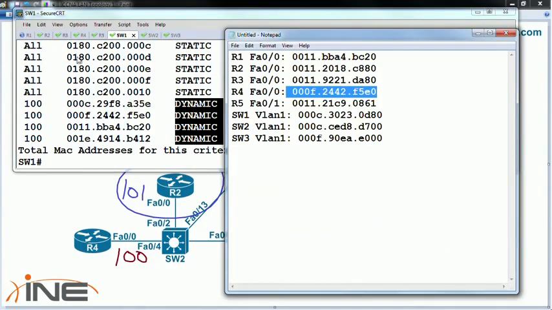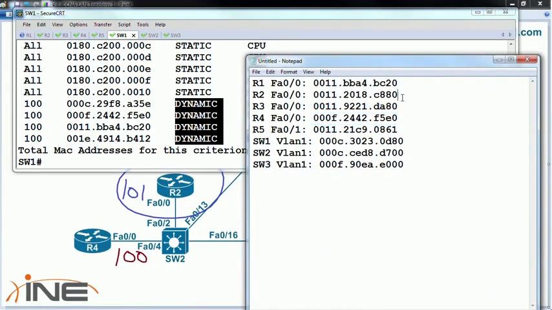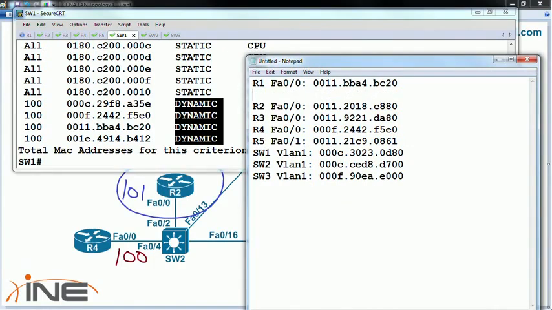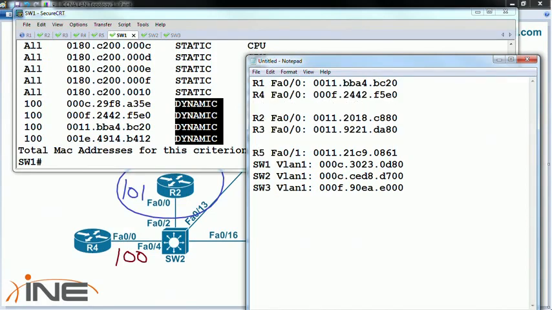These should correspond with, and let's group these together, where I had router 1, and 4, and the PC,